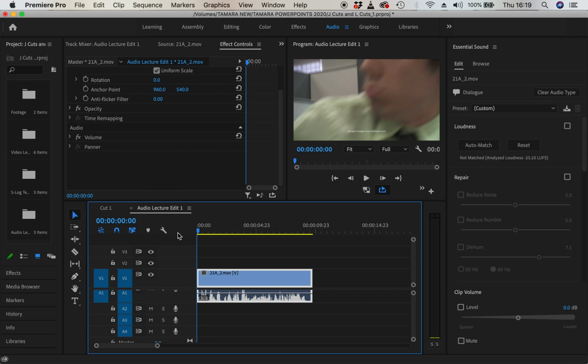Obviously if there's a sequence where they're going to be shouting or arguing or something, there's no point checking the mic level with them just talking like this. You've got to get them to shout. It's rehearsing. Yeah, preparation is the same as setting up a shot with your lighting and your white balance or whatever. It's just the same with audio, to make sure that it's not going to distort,